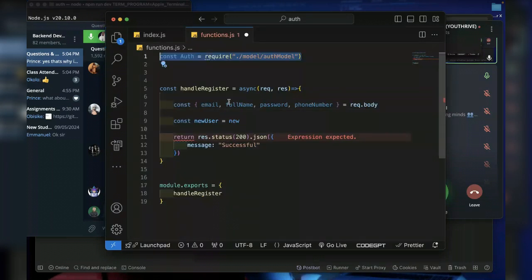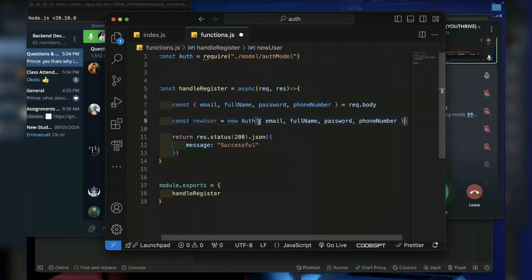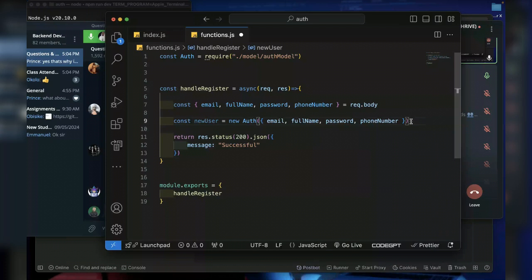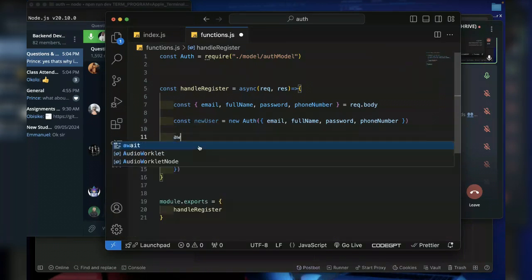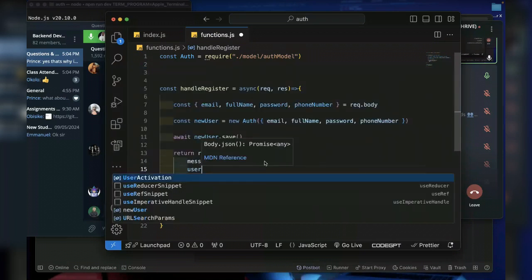I would then say this is a new auth. I want to create an object that follows this auth format, or this model format. So I'll put this here. I have this, and then what do I want to do? The next thing is now I am creating a user object, a new user. I can then await to save this new user, newUser.save, like this. And then here I will return the new user or the user to be the new user